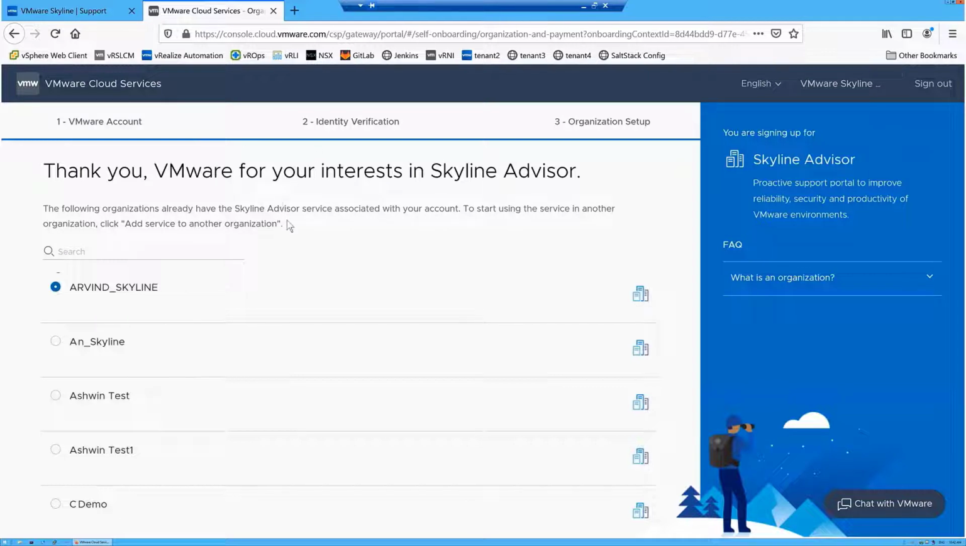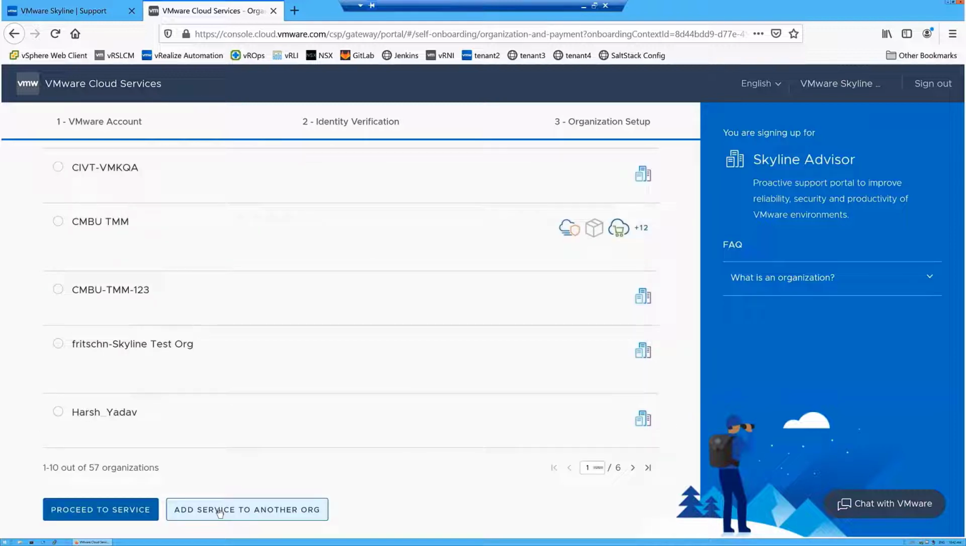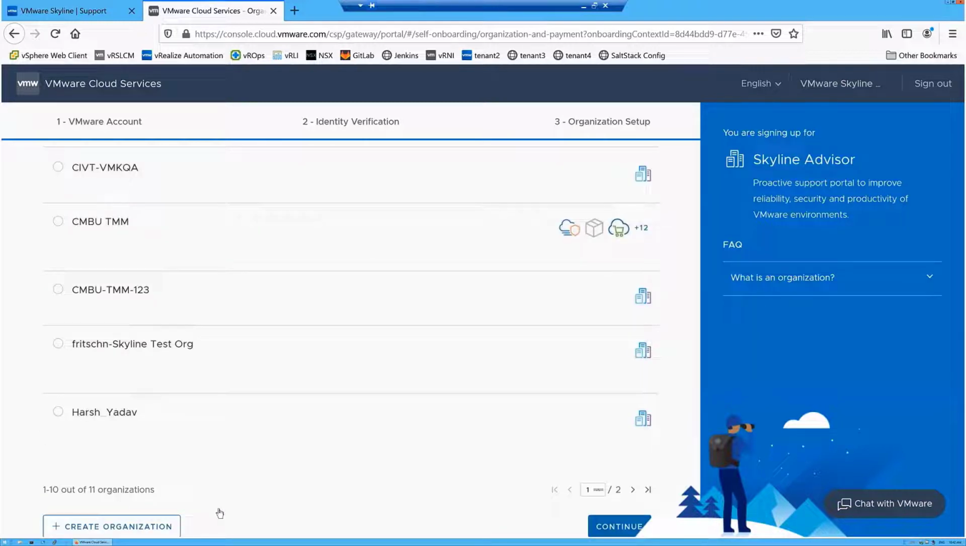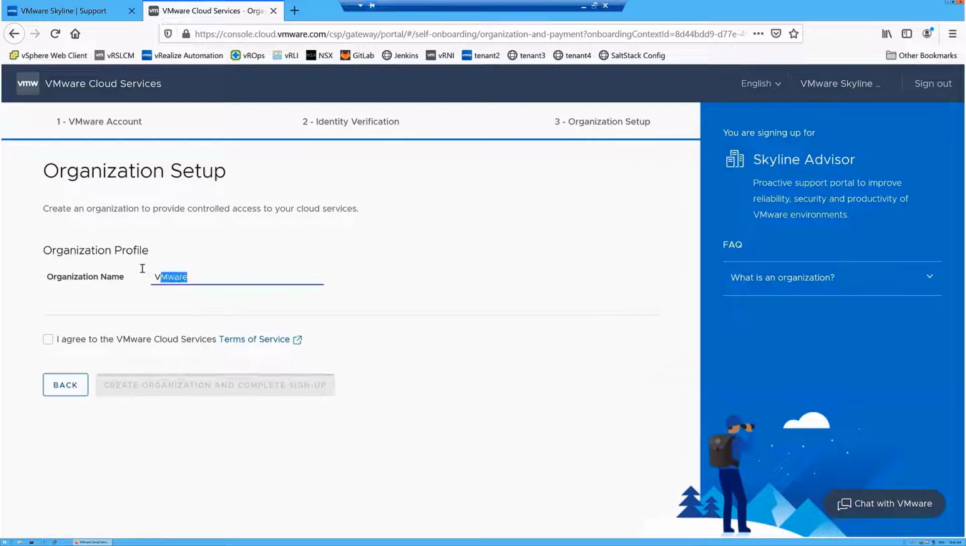But for the sake of this demo, I am going to create a completely new organization by selecting Add Service to Another Org, and then by clicking Create Organization. I'm going to enter an organization name. I'm going to be calling my organization TMM0, but I recommend that you name your organization as something a little